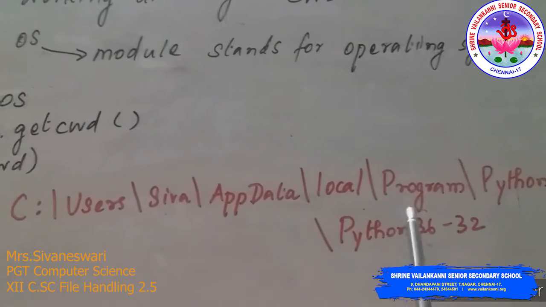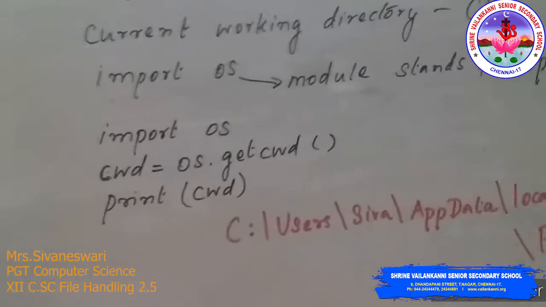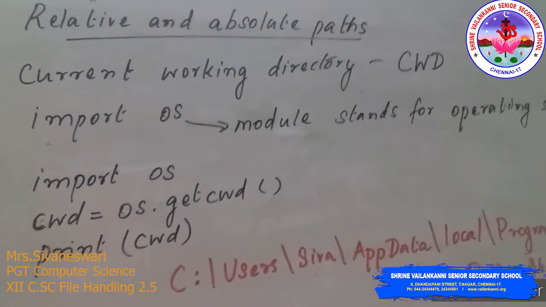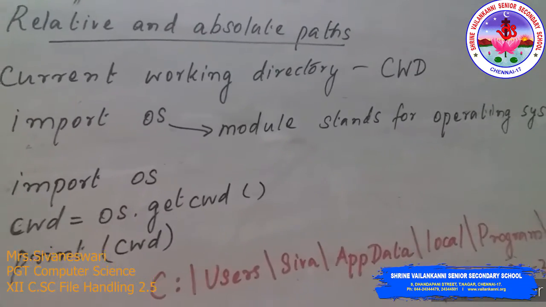This is the root path where your file will exist by default. If we want to know the current working directory, that is CWD, where our file is stored,